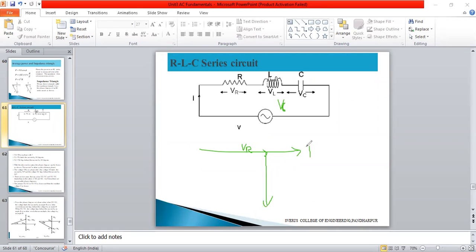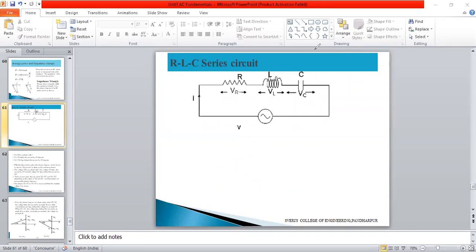This is current I, and the current to voltage is 90 degrees, which is VC minus VL here. Now, VC minus VL. So the resultant we have to join here, so that is called our V. The angle between voltage and current is phi. We can tell phi that one here. Is it clear? Yes, sir. Next, sir.